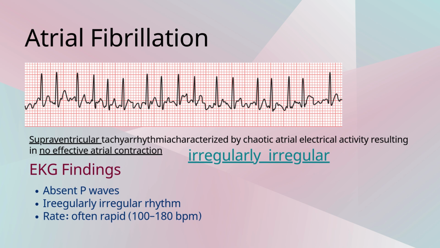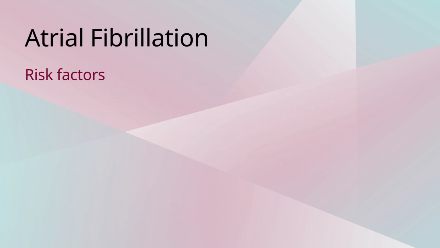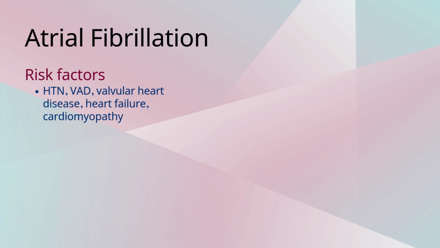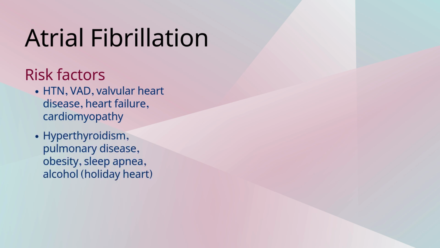It's often associated with a rapid heart rate between 100 to 180 beats per minute, but not always. Risk factors are going to include both cardiac and systemic problems. Our cardiac risk factors include hypertension, coronary artery disease, valvular heart disease, especially mitral stenosis and regurgitation, heart failure, and cardiomyopathy. Some systemic issues that are risk factors include hyperthyroidism, pulmonary disease, obesity, sleep apnea, alcohol consumption, which is sometimes referred